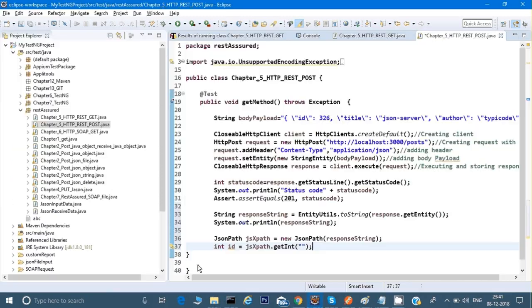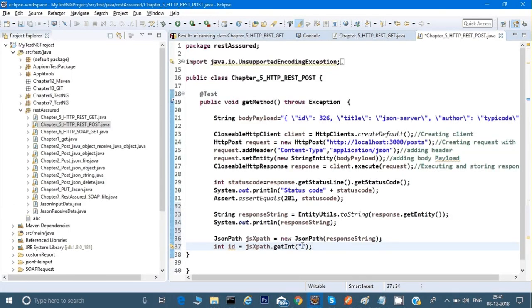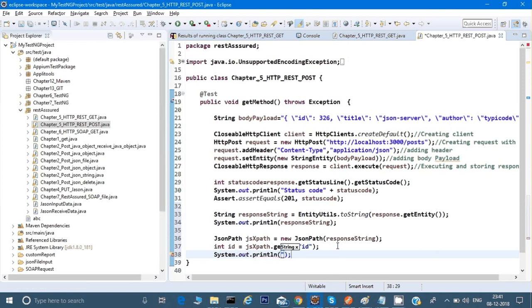So I can get that by putting dots, right? But there is no hierarchy here, so I can directly give ID. I don't have to put dot and something and dot and something. If it's a hierarchy, then only I have to give that. But there is no hierarchy, so I can give a simple XPath of ID. And then if I want, I can just print, just to make sure,